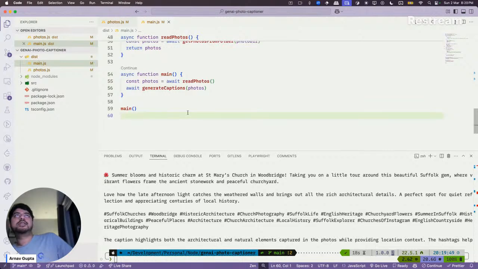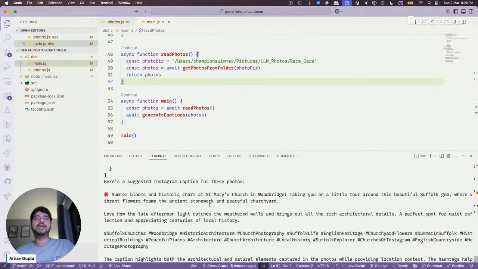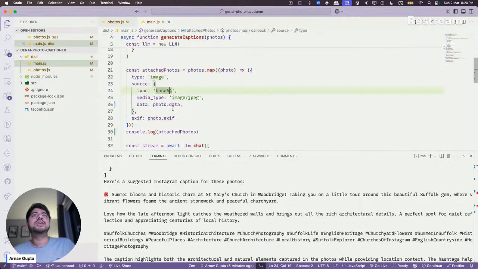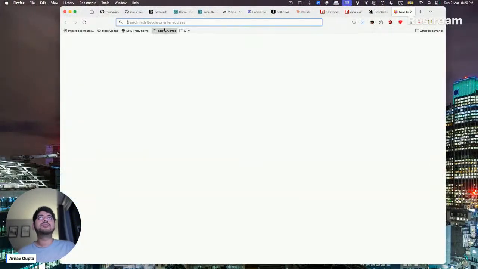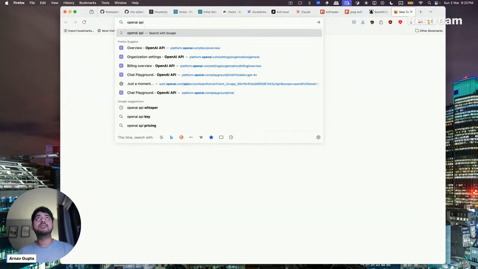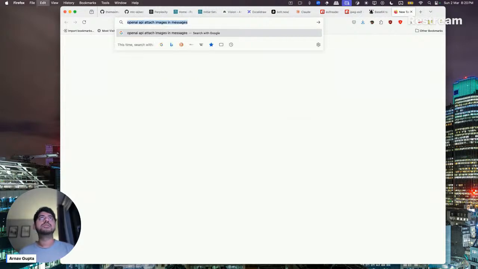Cool. I will figure that out at some point in time. I guess these definitely are. I mean, I got the AI workflow working, but the model is definitely not recognizing the base64 data that is attached. Is there better information somewhere on how to do that? So we can probably see the OpenAI API. Images and messages.